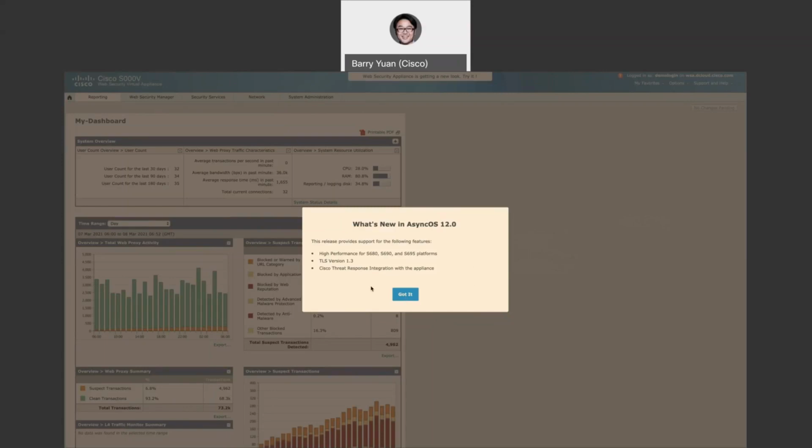With version 12.0, we have a lot of new updates, including high performance on certain platforms. We're talking maybe 3 times or more performance enhancement. We also support TLS version 1.3, and also integration into threat response. And to show you the main interface, we